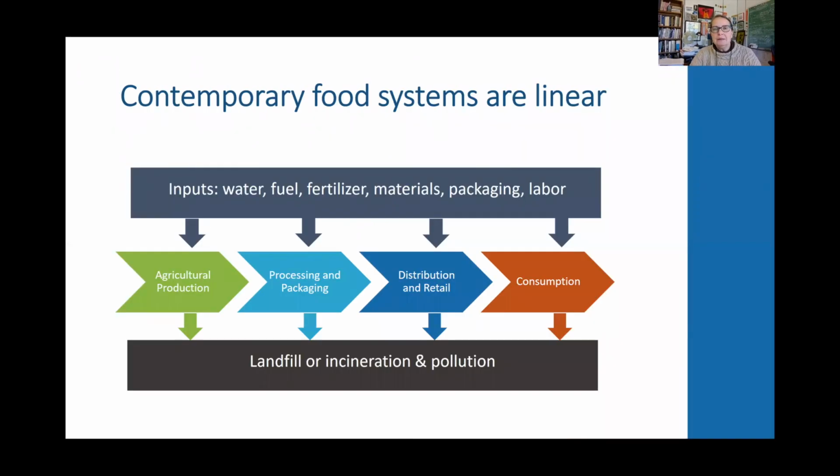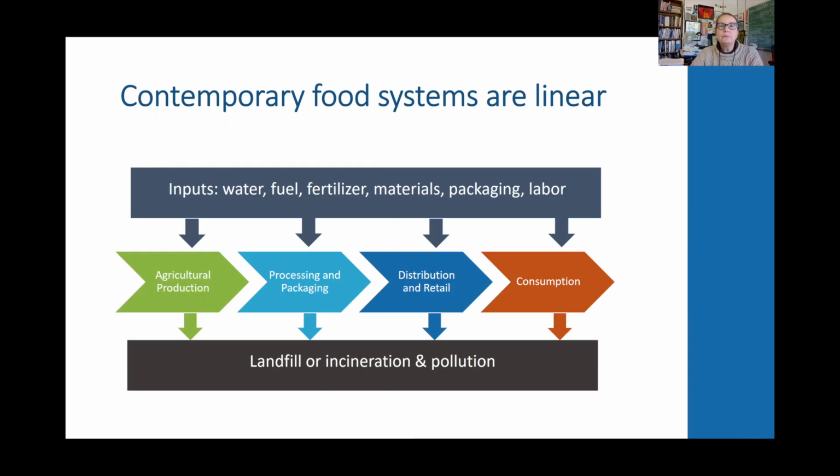So one of the reasons that the system is so wasteful is that our current food systems are linear. So we have agricultural production, processing and packaging, distribution and retail, ultimately consumption of the food. And at each stage, there are inputs into the system and waste outputs that really, to me, indicate inefficiencies within